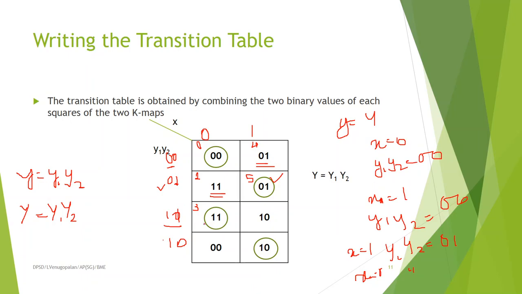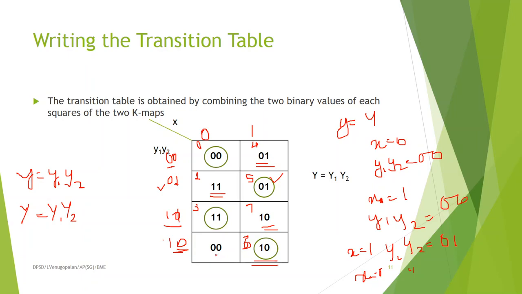Now again, as usual, I just want to test my system further, and I'm making my x equal to 1. So I enter this 7th cell. Now this is my capital Y and this is my small y, which are not equal. So my system doesn't like it. So what it does, it is changing the value of y2 again. So y2 becomes 0 from 1, and then I have the same x value, and this is my cell number 6. So again, during my cell number 6, my capital Y and small y are equal, and that's when my